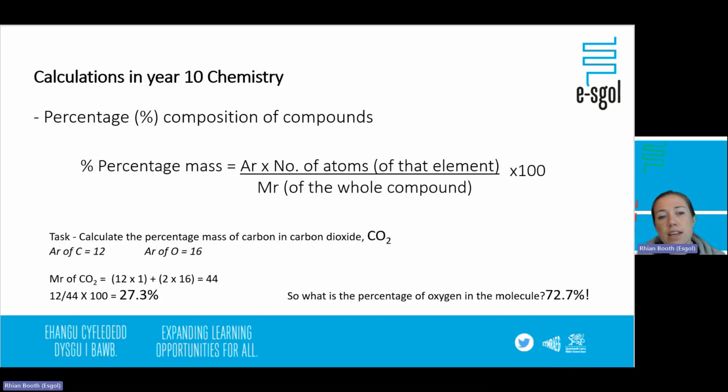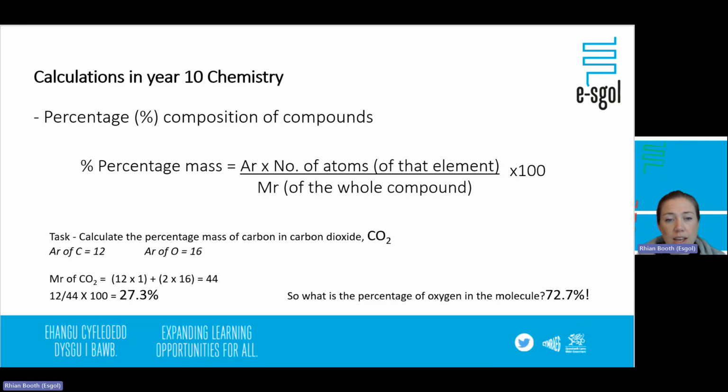The Mr is the first thing then you need to calculate. So that's a nice and simple one. 12 times 1 because there's 1 carbon. 2 times 16 because there are 2 oxygens. And that gives you a total of 44. So out of that total of 44, how much of that is carbon? Well, 12 out of 44 is carbon, multiplied by 100, and that gives you